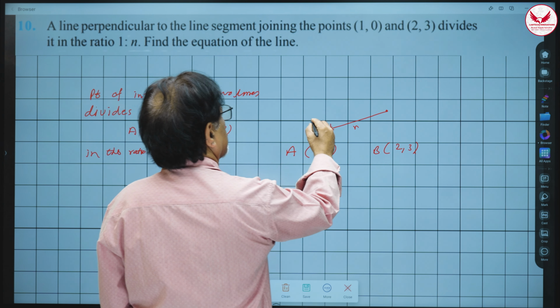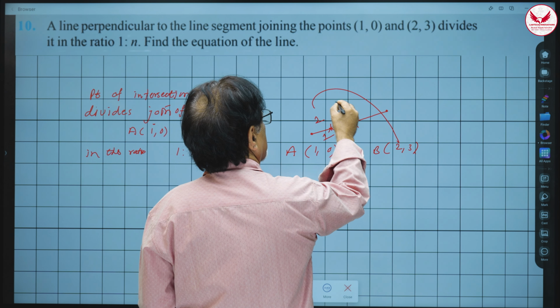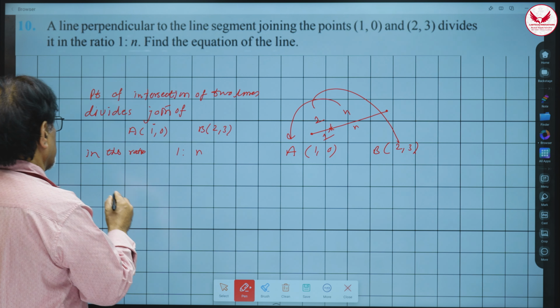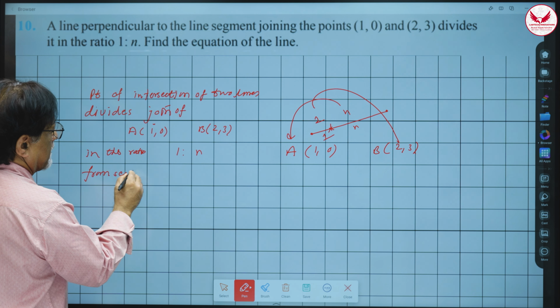So this is 1 and this is n, right? So you know the section formula works like this. So according to section formula,